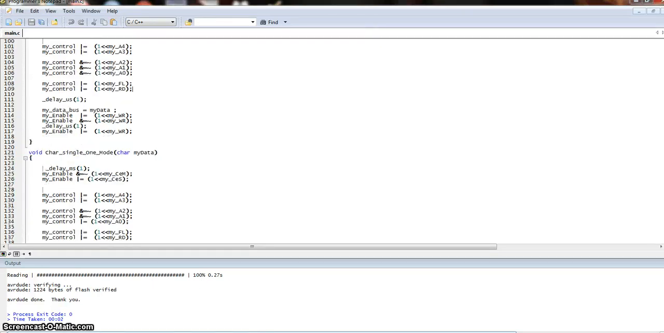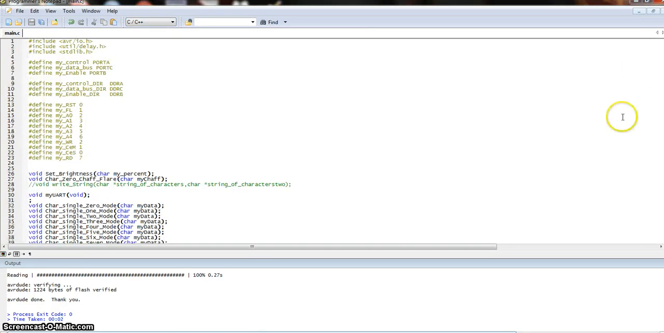Alright, so I'm just going to scroll slowly down the program here. So if you want to copy it, I'll explain as I go. If you want to copy any of it, basically, I don't think you even need the standard library, but I got the delay library and your standard AVR input output. Defining my ports, I have a data bus port, control port for the addressing, which digit to go